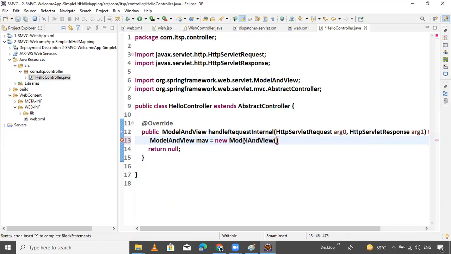Model and view, pass hello. Suppose hello is our JSP file, and we are passing the message MSG. What is the message I prepared? Suppose we prepared "Hello friend."